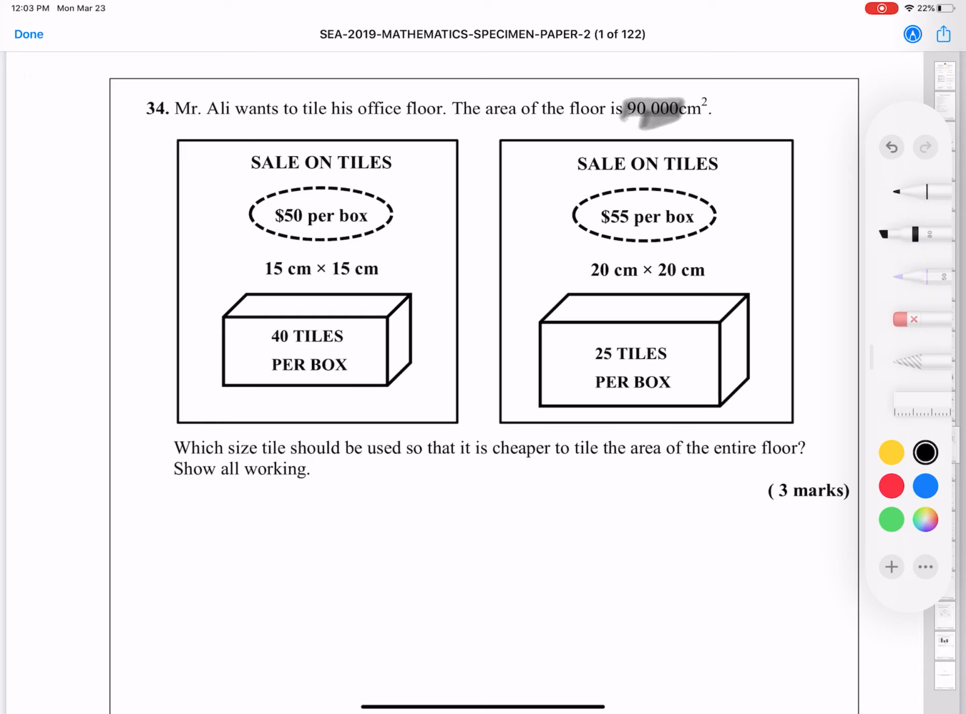Let's go to B one time. Let's find the area of tile on offer B. Area of tile equals as well. Great. So we're finding out the number of tiles now. Remember, the area of the floor is 90,000 square centimeters. So to find out the number of tiles, you divide the area of the floor by the area of a tile. So number of tiles equals